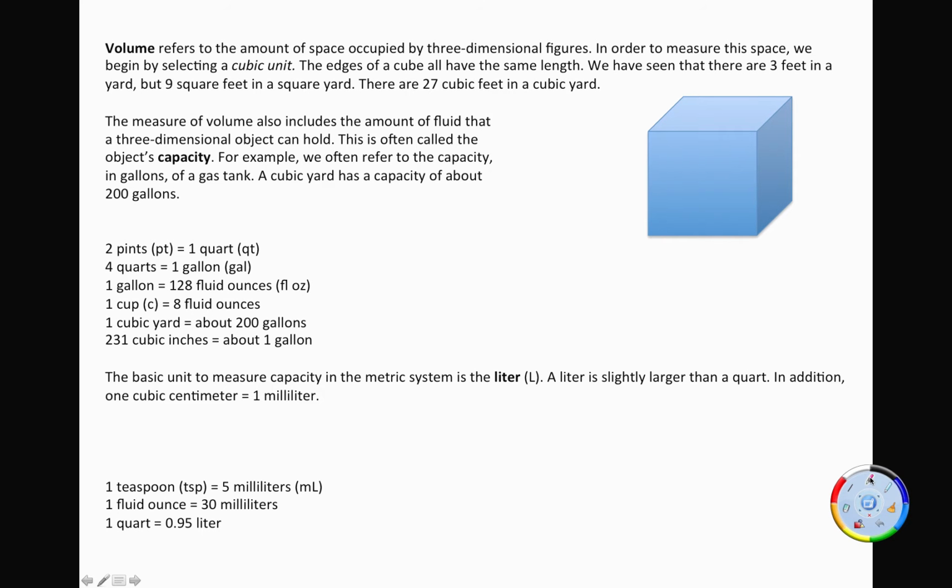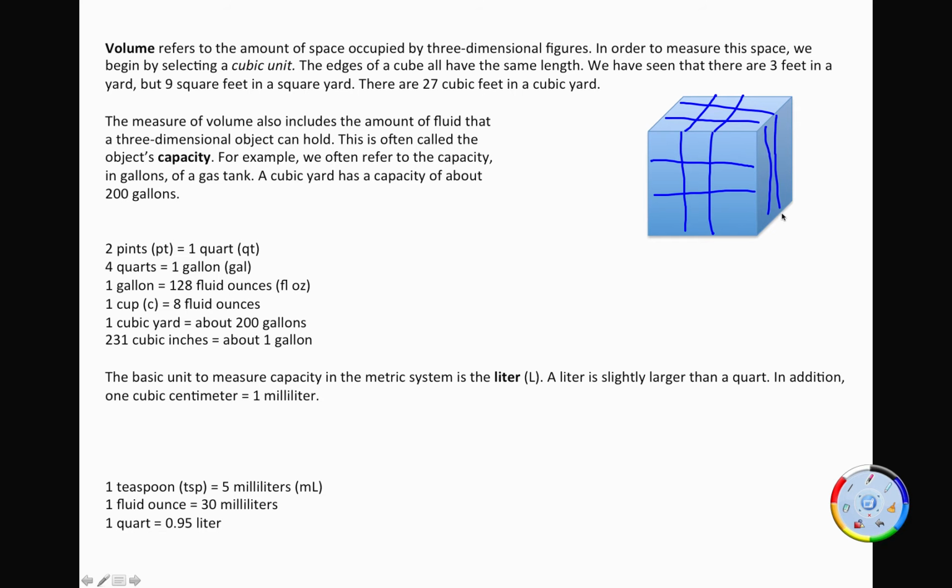Okay, volume refers to the amount of space occupied by 3-dimensional figures. In order to measure this space, we begin by selecting a cubic unit. The edges of a cube all have the same length. We have seen that there are 3 feet in a yard, but 9 square feet in a square yard. There are 27 cubic feet in a cubic yard, because not only do I have, let's think about this, this side right here is 9, but I also, now bear with my drawings,